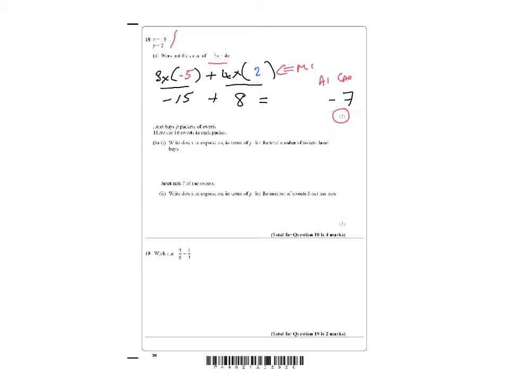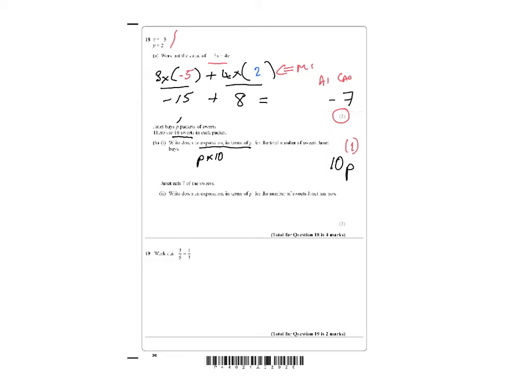Part B. For part B, Janet buys P packets of sweets, and there are 10 sweets in each packet. Write an expression in terms of P for the total number of sweets Janet buys. Well, if she buys P packets, each one has 10 sweets in it, that's your expression. Don't want any equal signs or anything like that. Just need to simplify that, and convention says we normally write it as the number first, 10p. So there'll be 1 mark for that,